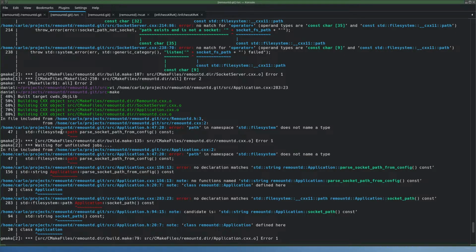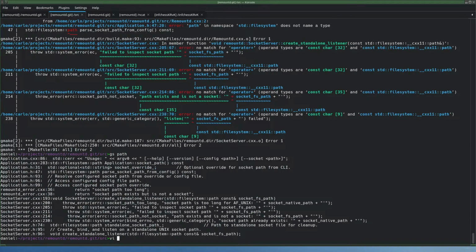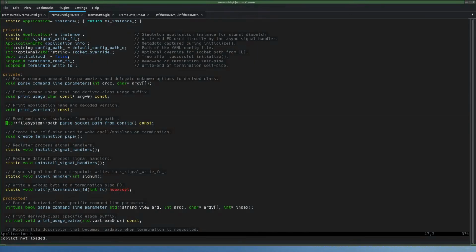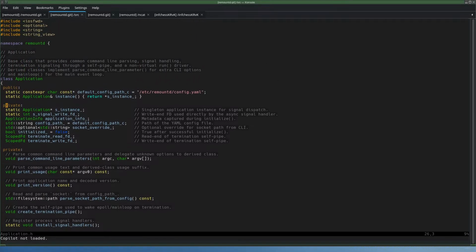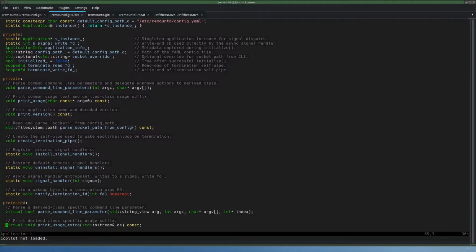File system path. Are we in a template or something here? I'm not using templates. It's not a template. It doesn't understand that it is a type.